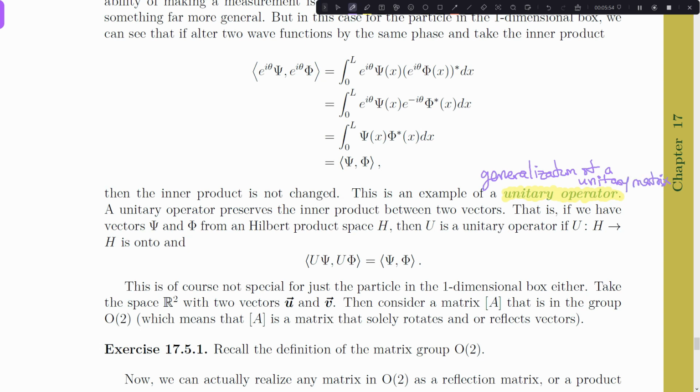And if you recall the unitary matrices, these were the matrices for which the transpose was equal to the inverse, if they're real valued. If they're complex valued, then you have to take what's called the Hermitian conjugate. But jumping back to perhaps what you've already encountered in linear algebra, the unitary matrices are the matrices whose transpose is their inverse. And an operator is just a generalization of that, because to transpose